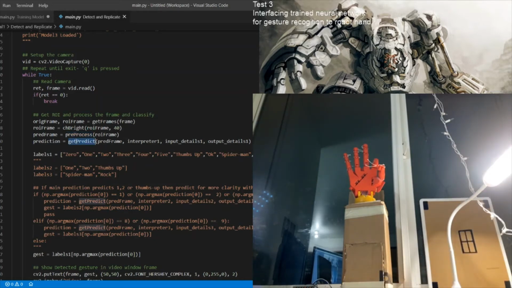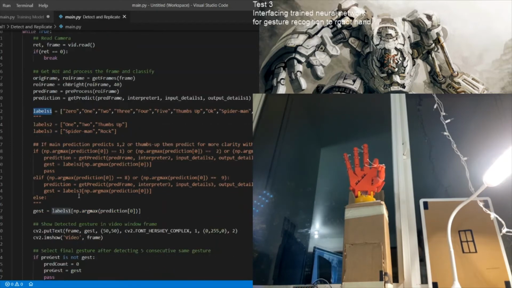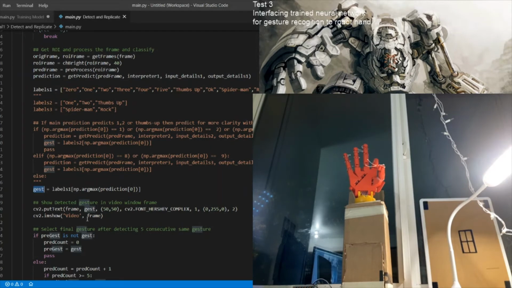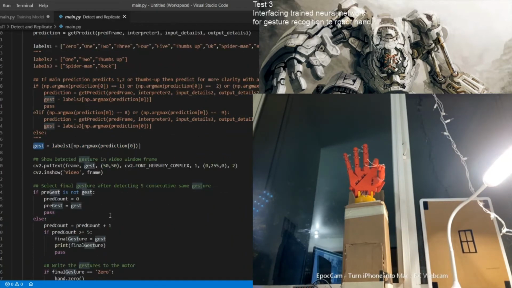Once it is preprocessed, we pass it to predict, where this preprocessed image is passed through the neural network and we get the output prediction. We get the labels corresponding to the prediction it has made. Once it has predicted, it is saved in gesture, and that gesture is printed. So what the neural net model is currently predicting will be displayed on the window.